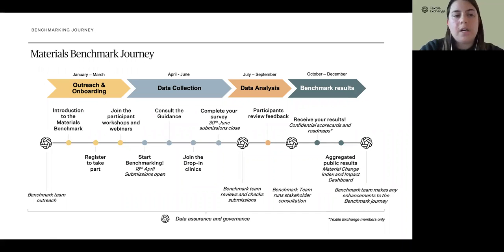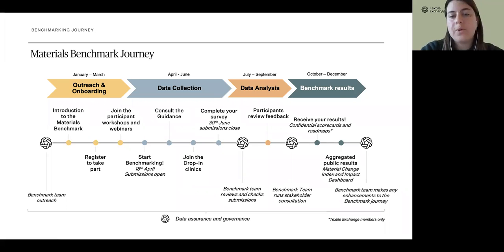So in January and March, we carried out, or we're still carrying out, the outreach, trying to expand the number of participants, and we are starting onboarding them. And this workshop, this webinar, is one example, with the aim to grow the benchmark community.